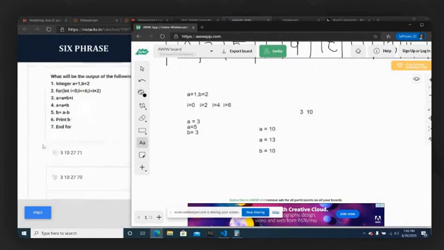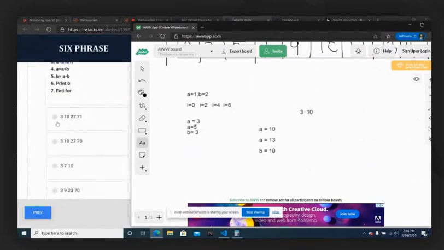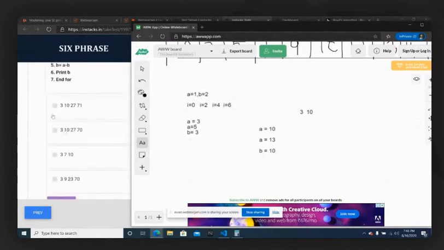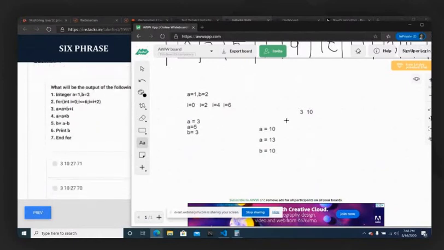So let us look at the options. I think for 2 options, it is 3, 10. It's matching. Okay, we will just continue further. Next time your I will be incremented and your I will become 4. So what is A equals A plus B plus I? A plus B is 13 plus 10, 23, plus your I value 4. So 23 plus 4 will be equal to 27. So your new A value is 27. And then again A equals A plus B. Present B is 10. So 27 plus 10 will be equal to 37. So A equals 37.